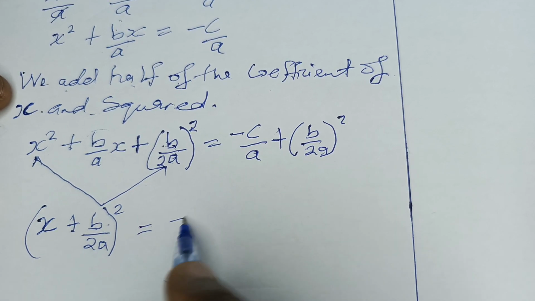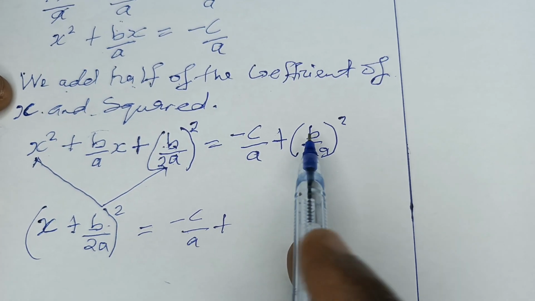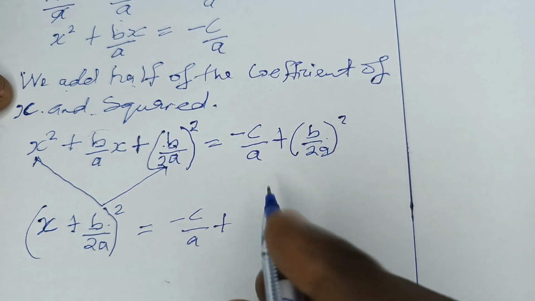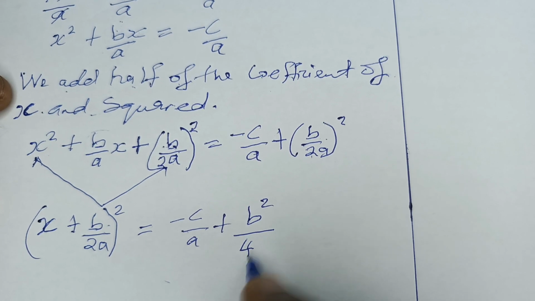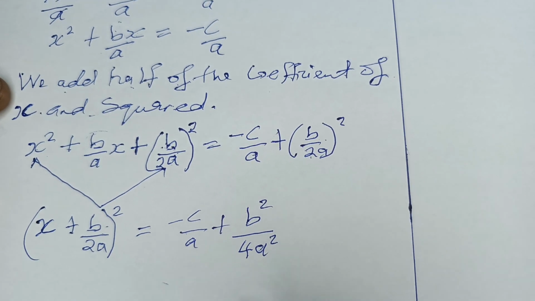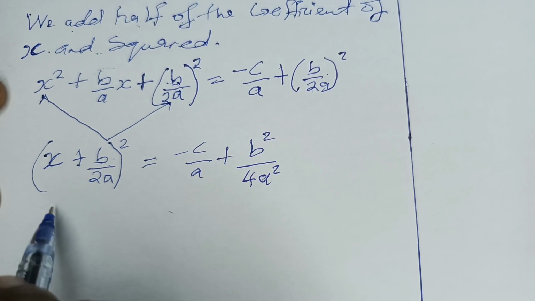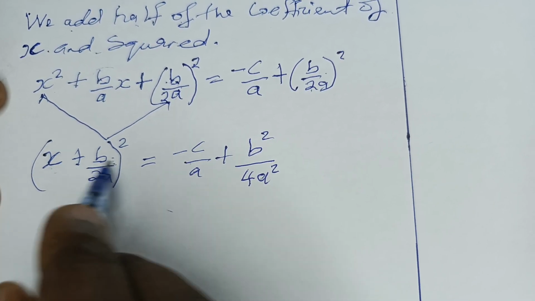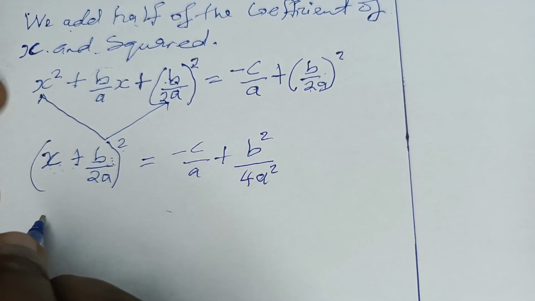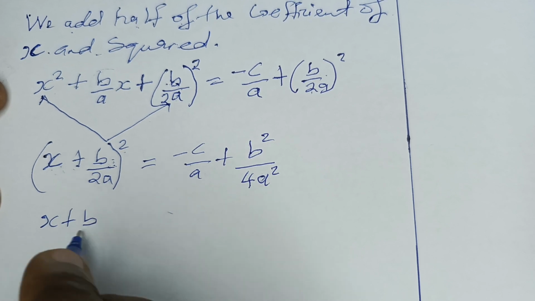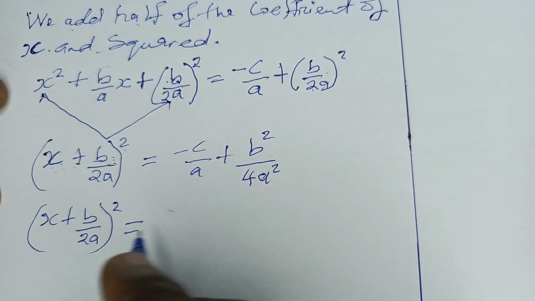Is equal to minus c over a plus, we have to solve this now. So b squared divided by 2 squared, which is 4, a squared is still a squared. We leave it like that. Now, after that, what do we do? This still remains the square until we solve this. We find the LCM. So it means we say x plus b over 2a all squared is equal to